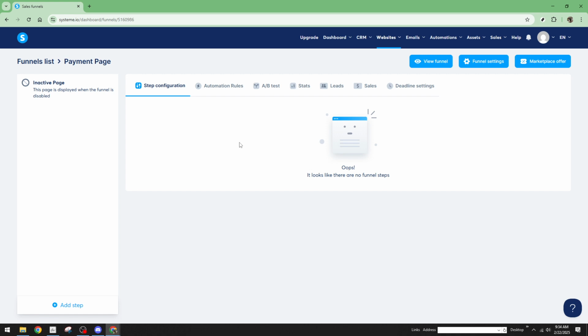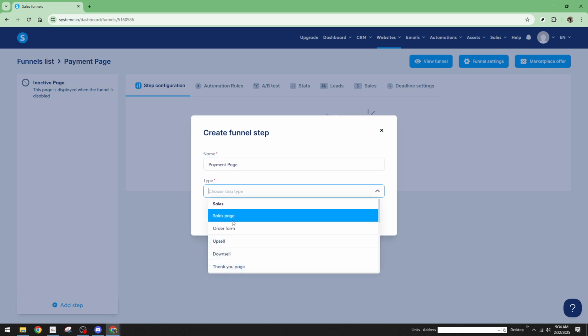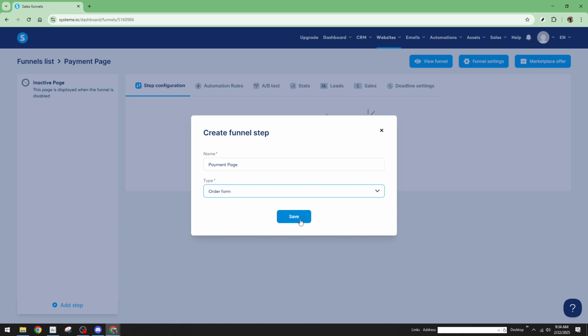You'll see an option to add step, which is essential for creating the order form. Type the name of this funnel step. It could be something like order form or anything relevant to your product. Following this, you need to define the type of step. Navigate to type and select order form from the drop down menu, then hit save to ensure your work is